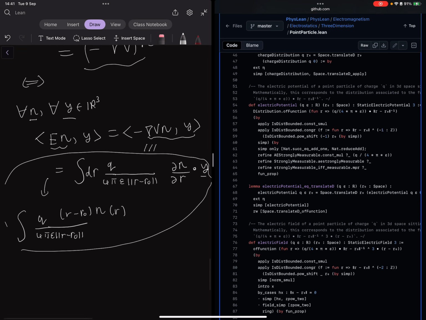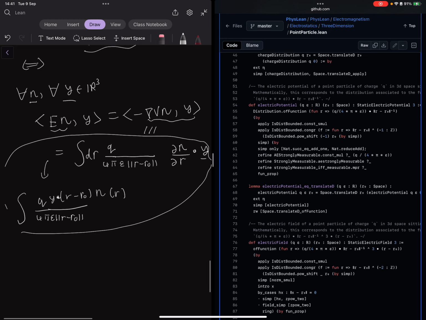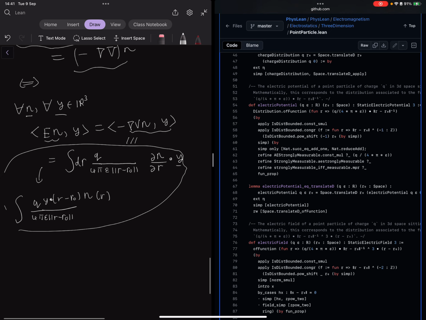Oh, sorry. I need a y inner product there. So let's be nice to ourselves. We can see that over here we can basically get rid of a q and a 4 pi epsilon because they cancel over here with these two. So basically we have to show that for all epsilon and all y, that